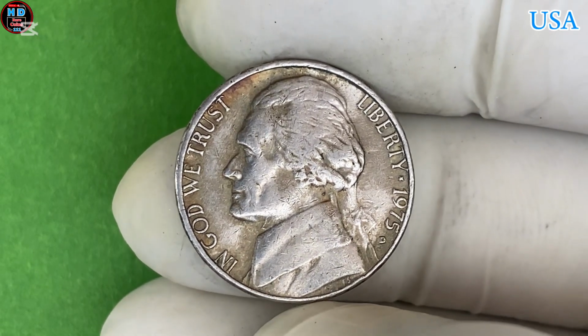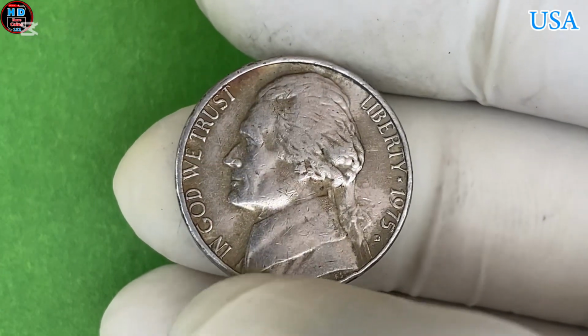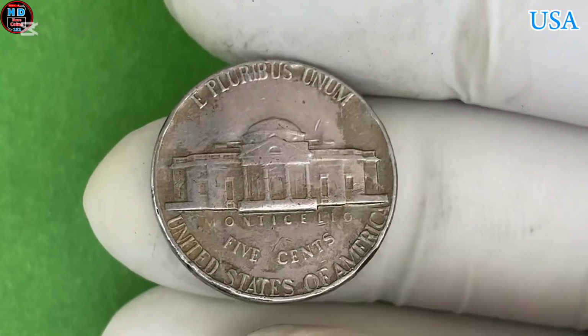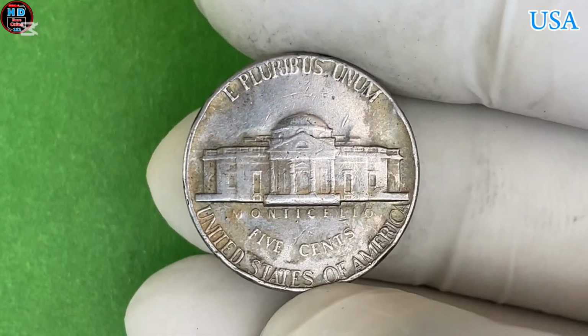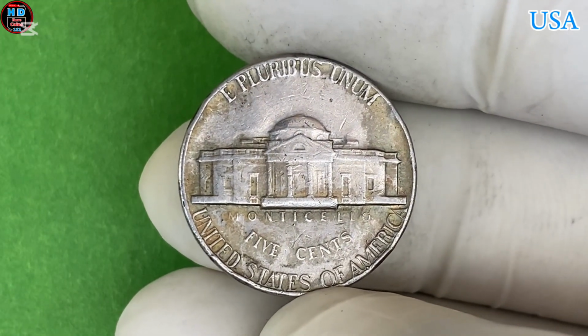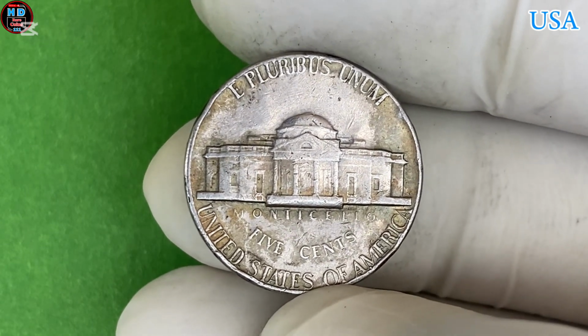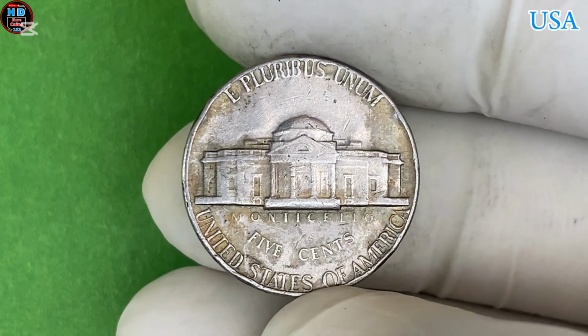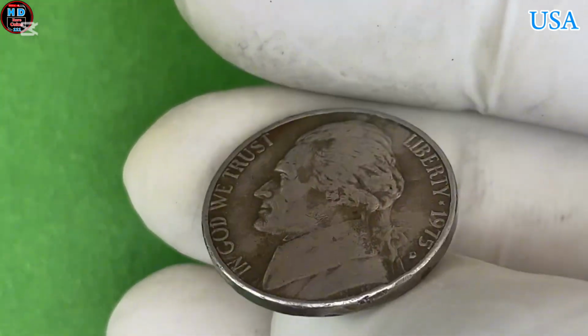The Jefferson nickel has been a staple of U.S. coinage since it was first introduced in 1938. Over the decades, this coin has seen a variety of designs, but it has consistently featured the image of Thomas Jefferson, the third President of the United States, on the obverse. The reverse of the coin, which features an image of Jefferson's home, Monticello, has remained largely the same since its